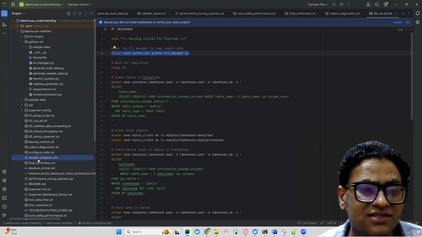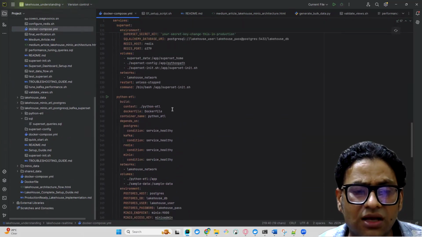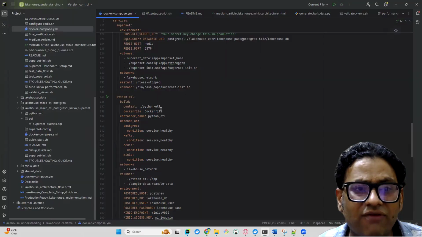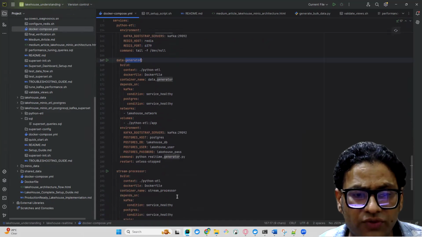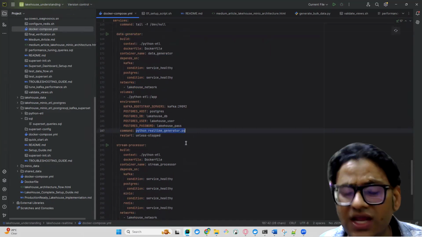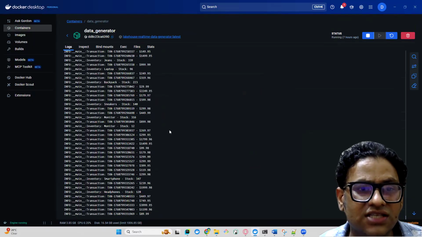But since we have added this in a Docker Compose, you don't have to worry about that. Since we have not added this ETL manager, that's the reason you have to run it manually. But for this data generator, you don't have to worry about that, because the same command is going to work here. Right? So once you run this Docker up, you can see here the data generator keeps running and keeps